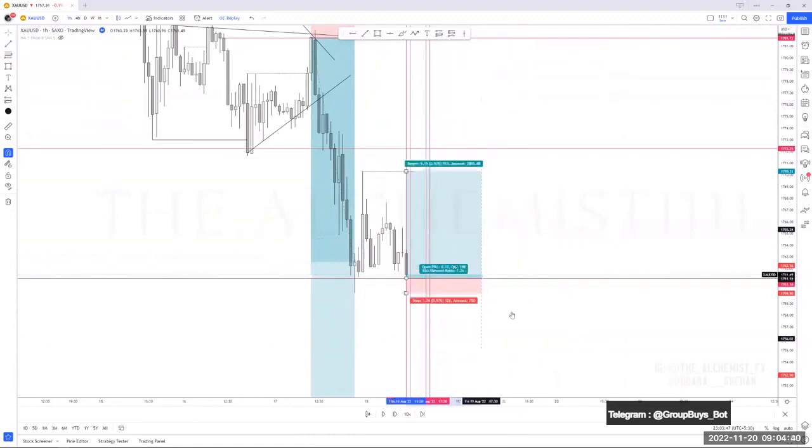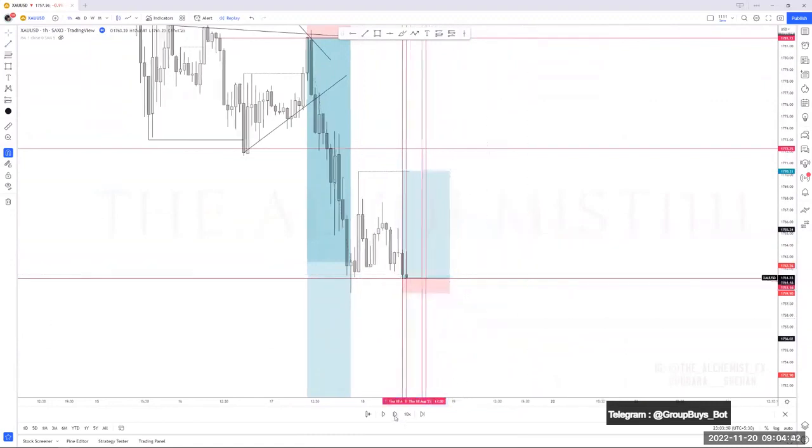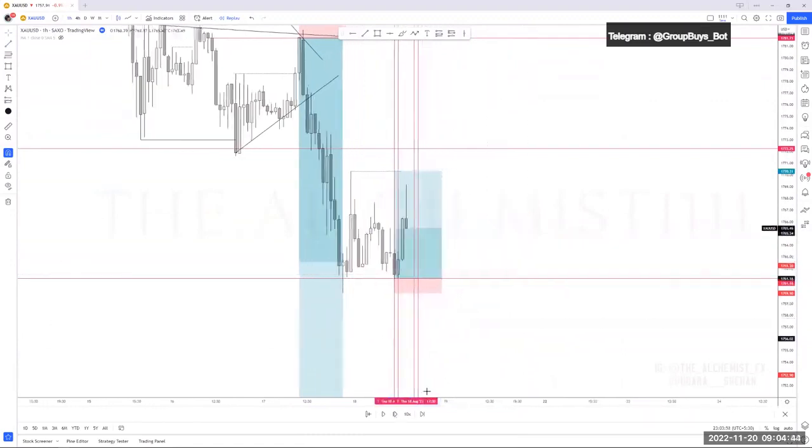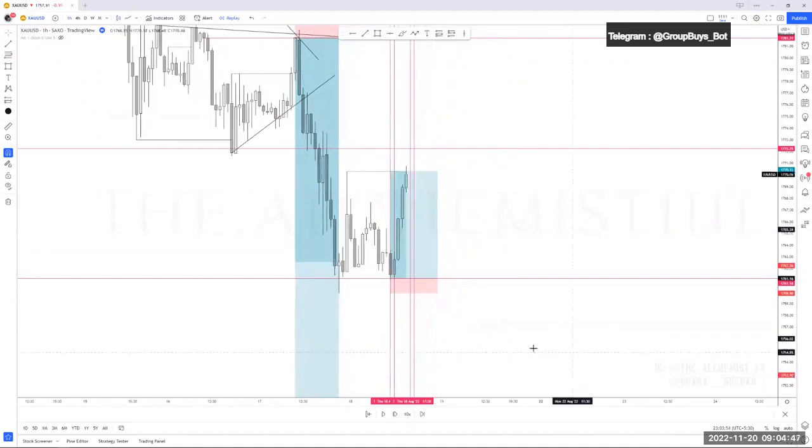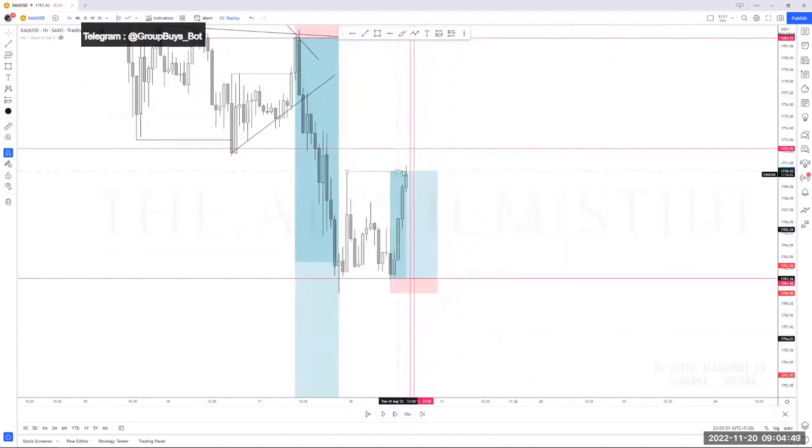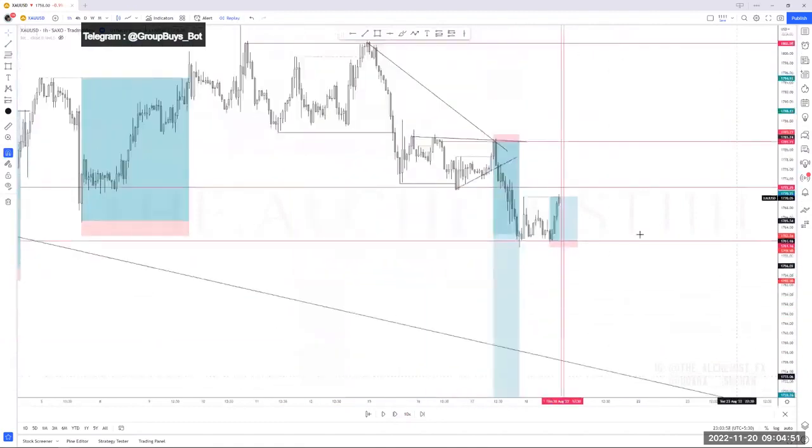Okay, liquidity like this. Now let's wait. What happened? There it goes. Boom. Into the targets. You're done. Either you're done with the buy, or else if you want to stack some entries,